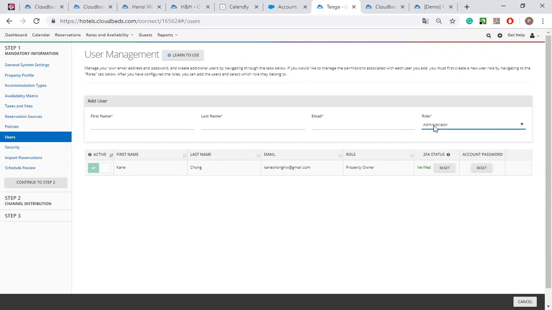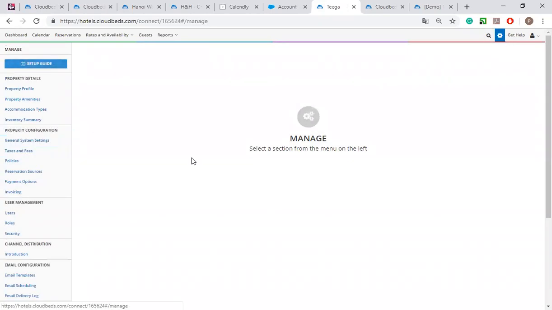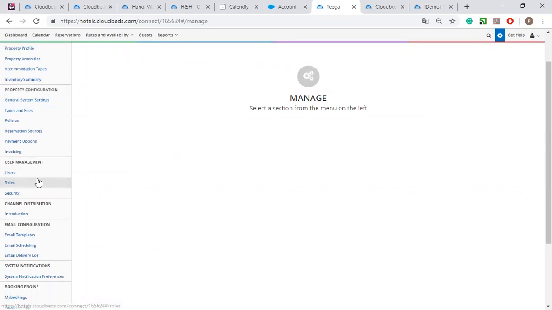Basically, administrator has almost everything the same as a property owner, but there are restrictions in credit card access. So administrators do not have access to credit card details, but they can always be granted it by the property owner. So the property owner can give permission to them to do that. If you want to have a more limited role for a person that is working in Cloudbeds, working on your account in your property, you can always go to